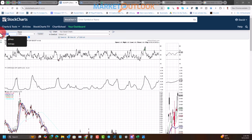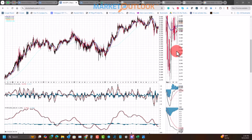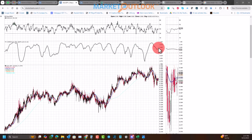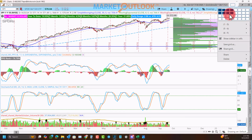Here's XLK. Here's what that chart looks like. Below the 200-day, flirting with the 50. If we can break above this, great. But you can see this is negative, which is typical again of corrections when this goes negative. The PPO, when we get into a death cross environment, XLK is not outperforming the market, above its long-term averages. So those are signs that, as I mentioned to you before, as well as the clusters that we have on